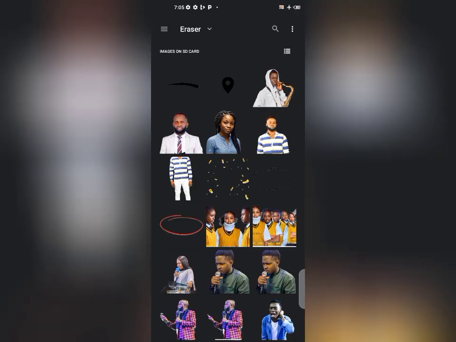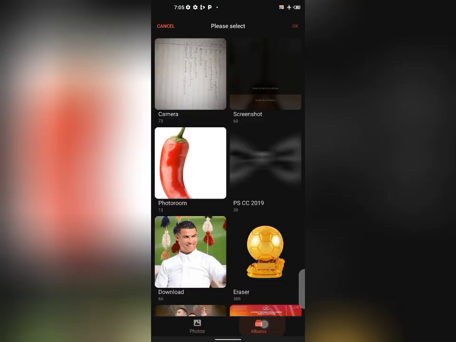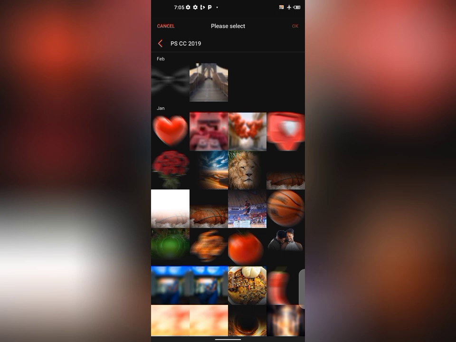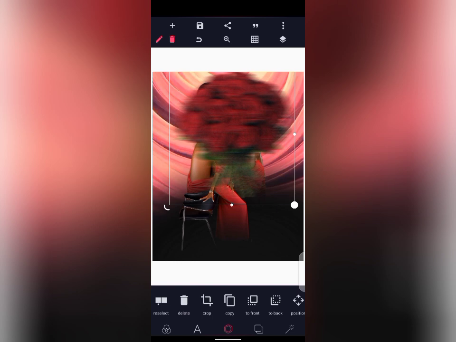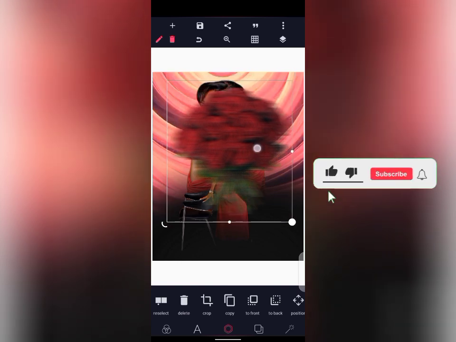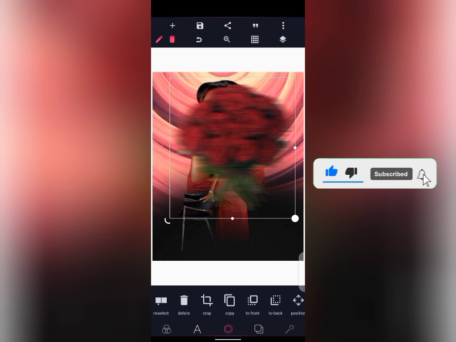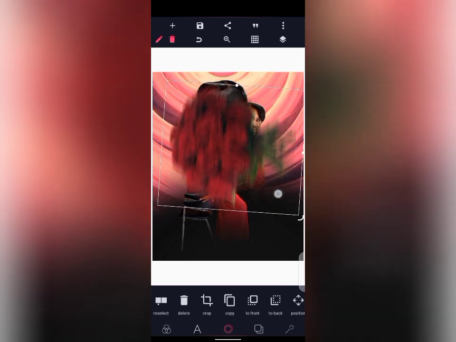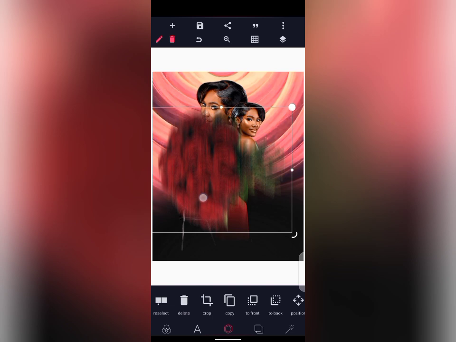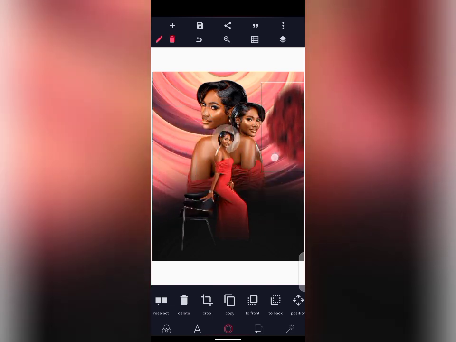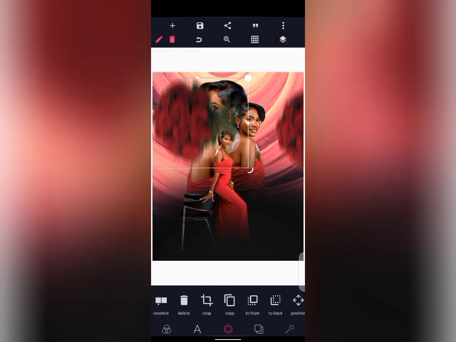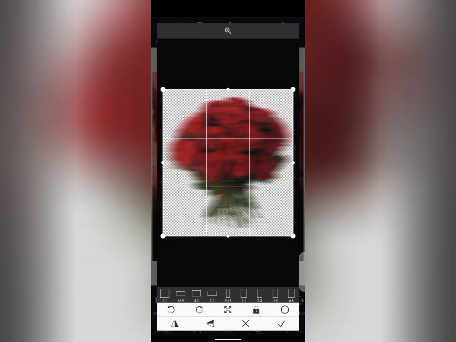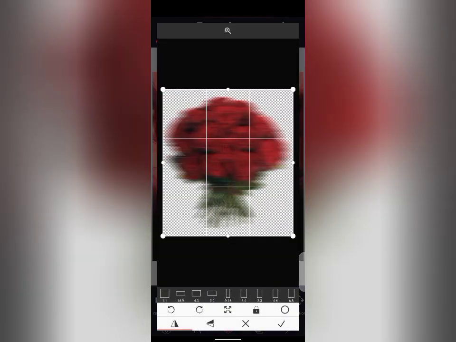So what I did was I downloaded the flower, it's called the rose flower. Then I went to my PSCC or any app. I've done a video on how to blur images, so you can go check it out. Then I blurred the flower. So this is the outcome. I rotated it, then I reduced the size a little bit, then I dropped it here to cover that empty look. Then I duplicated it, I went to my crop, I turned it,